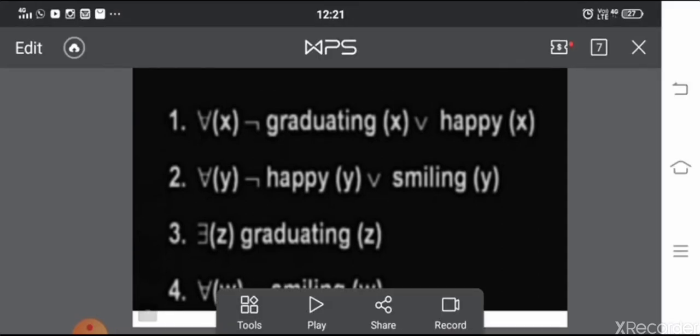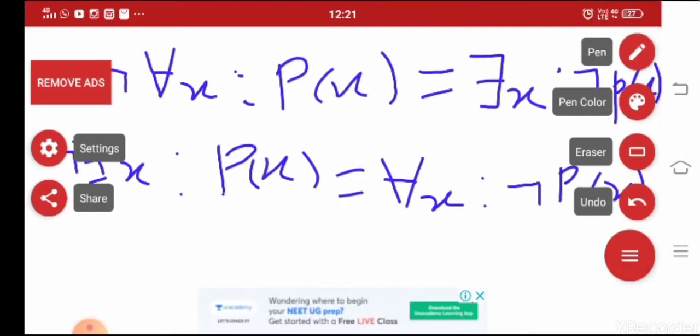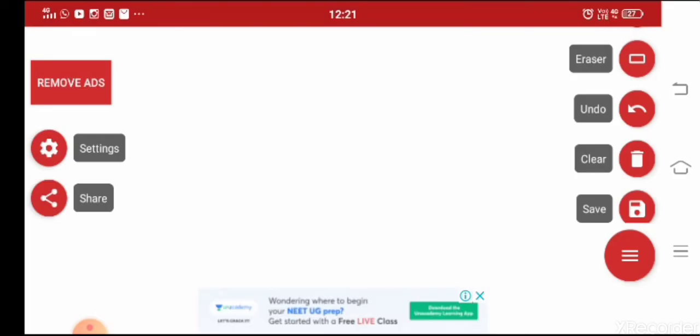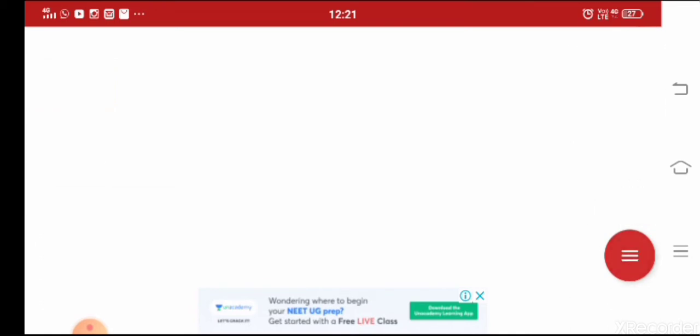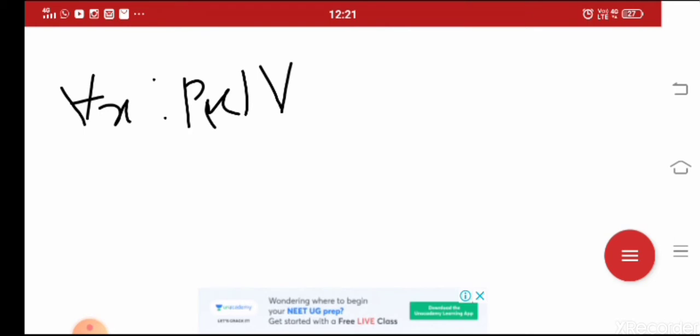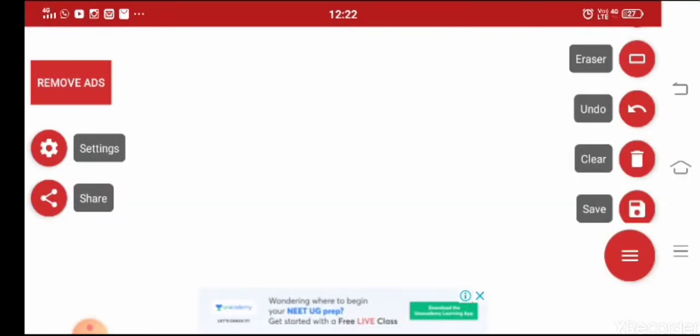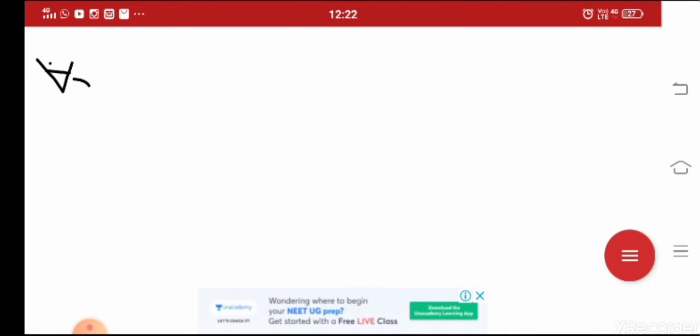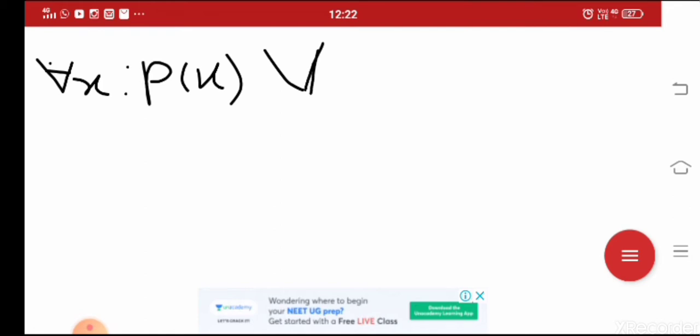A simple example we can take. Suppose universal of x such that p of x or universal of x such that q of x.